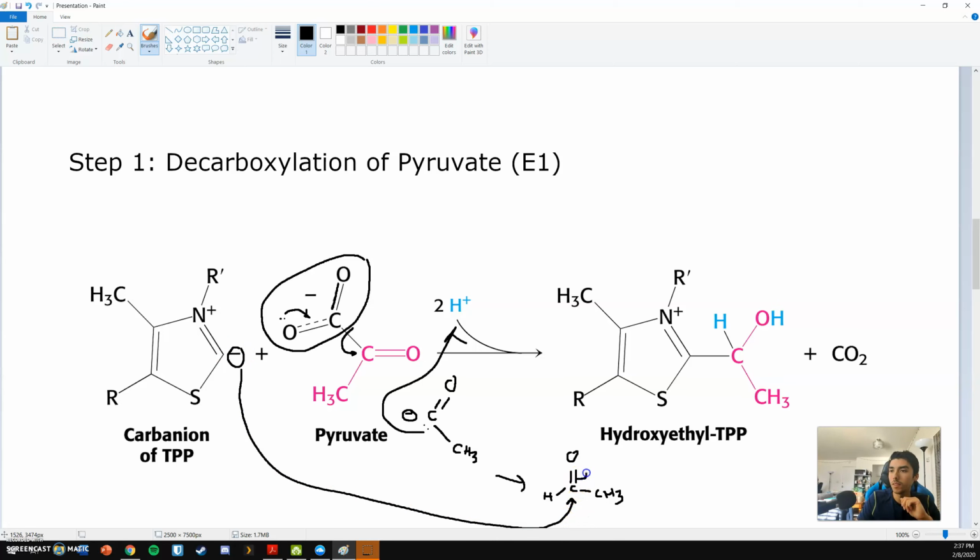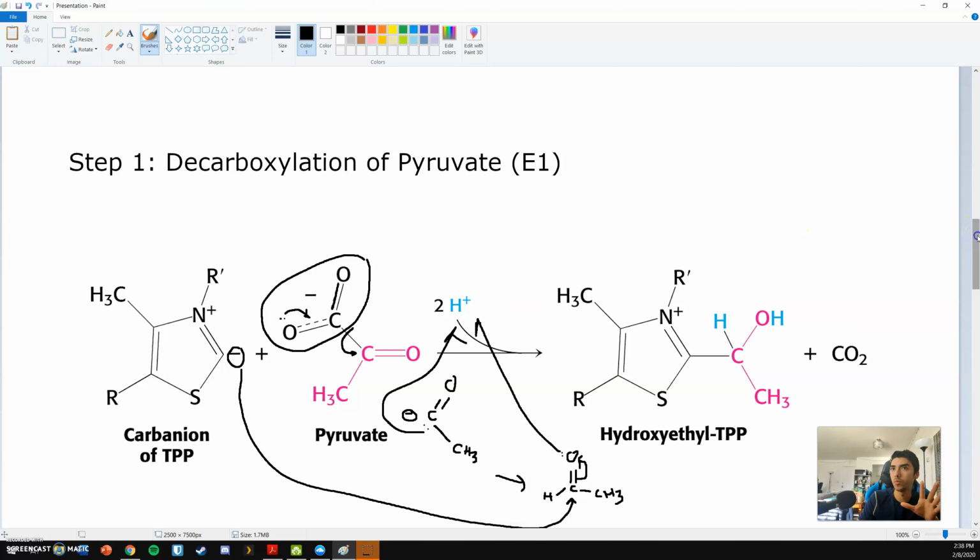As a result, this double bond shifts onto the oxygen, and this oxygen will then grab a hydrogen, so that as a result we get this newly formed intermediate, the hydroxyethyl TPP,